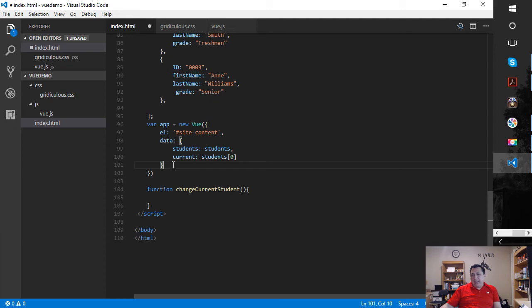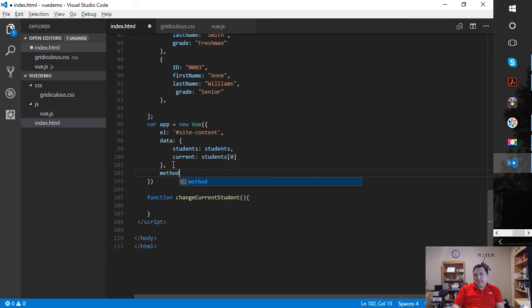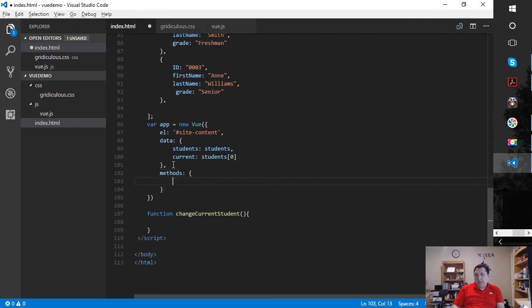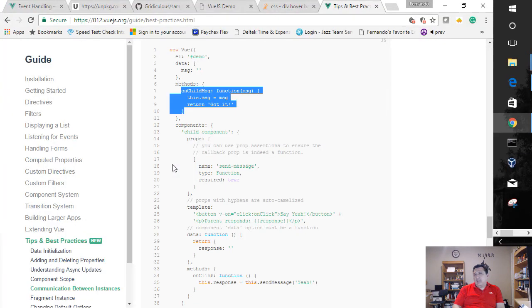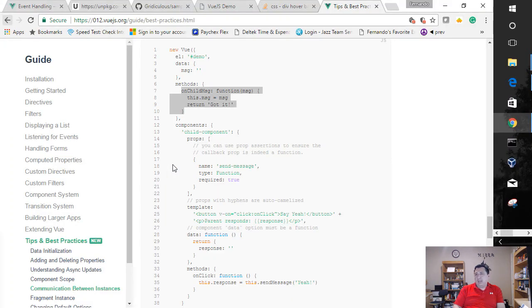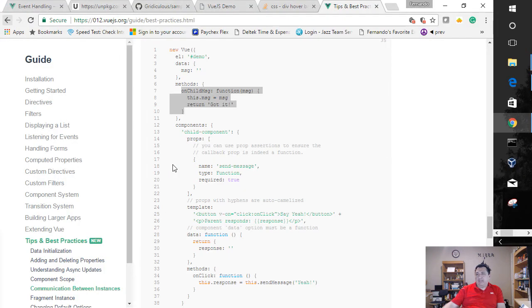So maybe where I say data, I say methods, and I add on change current, and I can just tell it a function, and then I can say